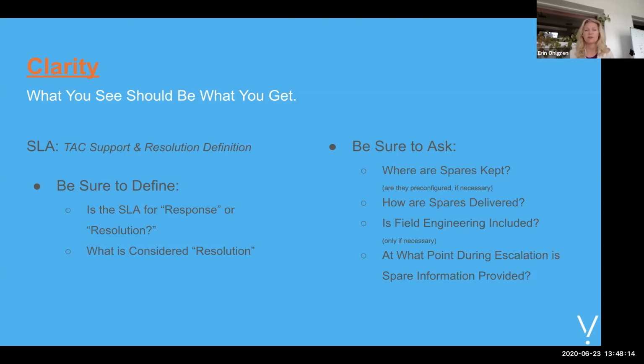At PivIT, we 100% spare. It's part of the onboarding process. We work with you to ensure that we have component level detail, that we have spares sitting at that 4-hour or next business day depot, and we will give you the amount of technical support that you require, but never push that on you if you just need a replacement issued right away. And the engineer who responds to your call and answers that one call ticket has the ability to issue the RMA and get that process moving.